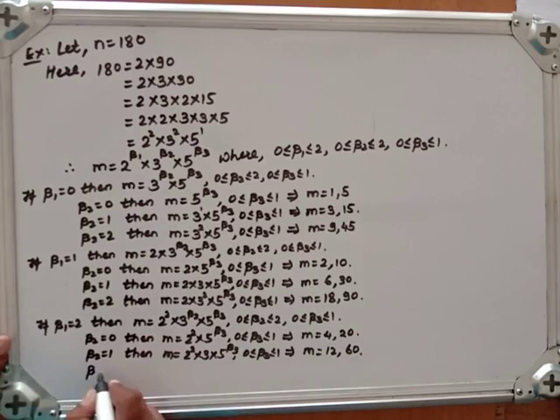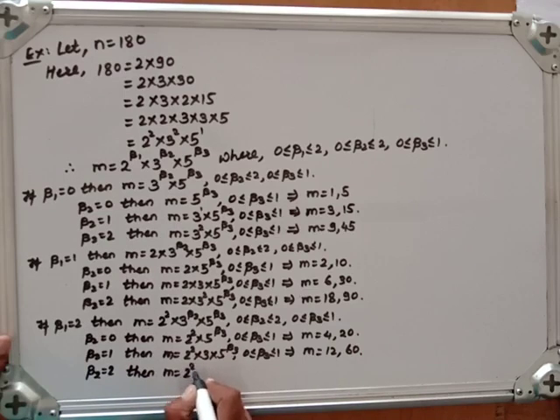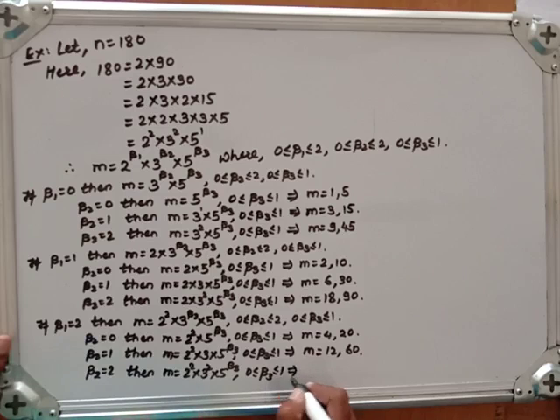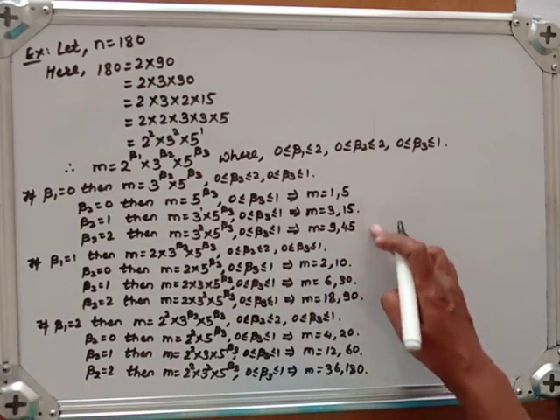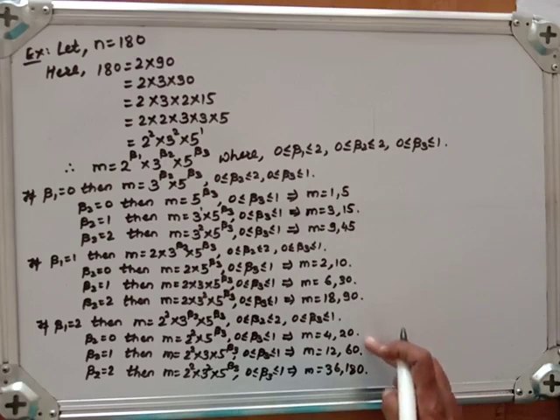Now beta 2 is equal to 2, then m equals 2 square into 3 square into 5 raised to beta 3, so m is equal to 36 and 180. So we have taken all the values of m,